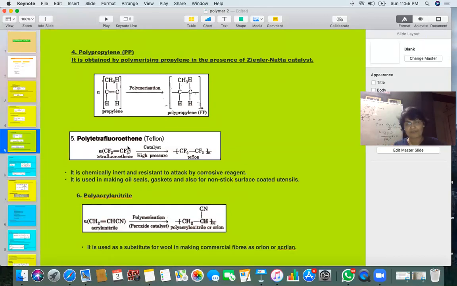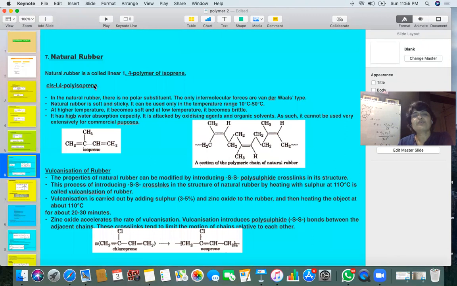3 columns you can make here. First is polymers, second monomers, and third use, so that your notes will be ready, and you'll directly get them for competitive exams also. Polyacrylonitrile: this is CH2=CHCN, that is the monomer, which undergoes polymerization through pi bond breaking, and you get this polyacrylonitrile here.